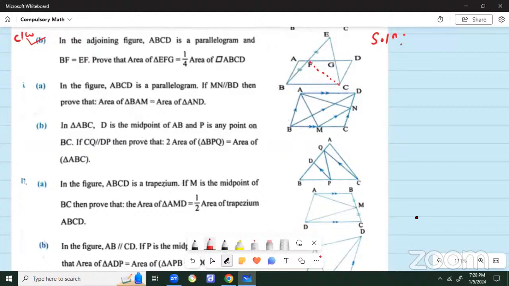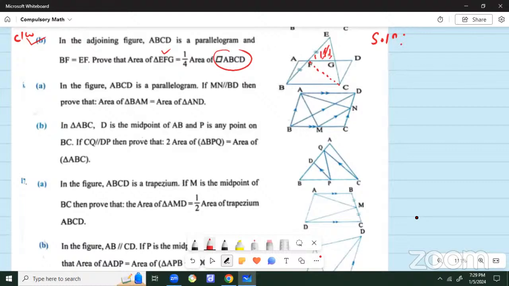Okay, let's make the plan over here first. Obviously, we need to connect area of ABCD to area of EFG. EFG is this triangle. And what we know is when in a triangle, if we have a median, the median bisects the triangle, right? So that condition appears here automatically when we join FC, and at the same time,